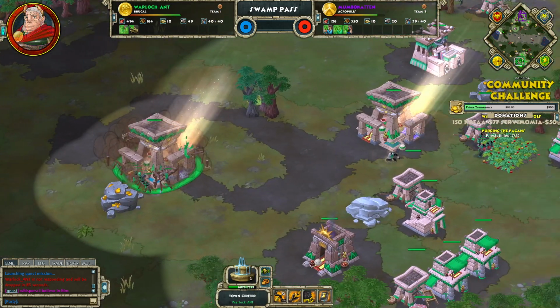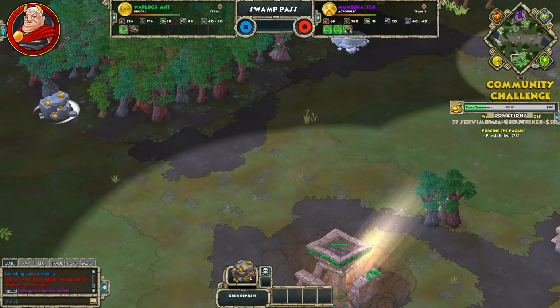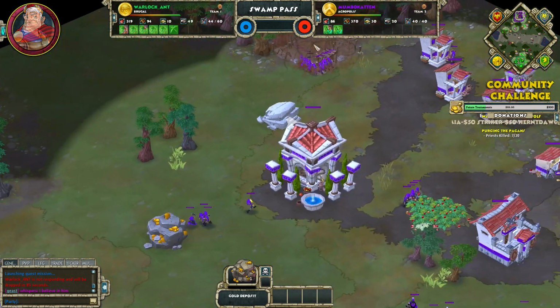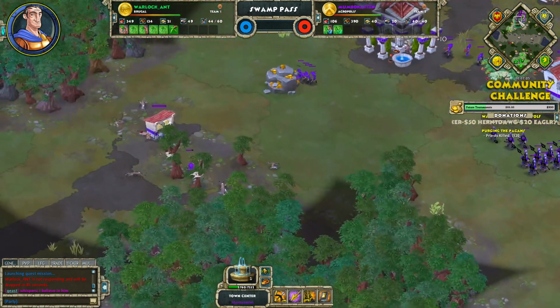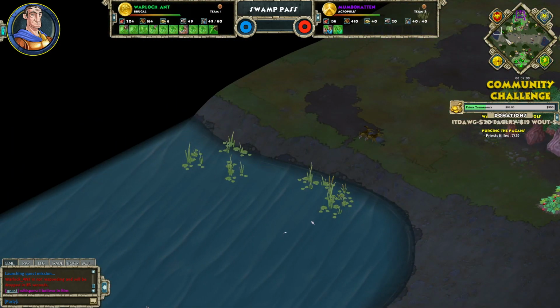Second TC for Warlock. A good spot because it means he's got 2 gold mines. Really well secured and not far from a 3rd and 4th. Mumbokatten, defensive town center all the way at the back of his base. Going to help with getting all that wood, but he's going to want to try and start fishing or something